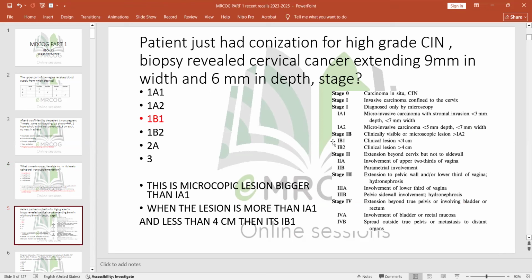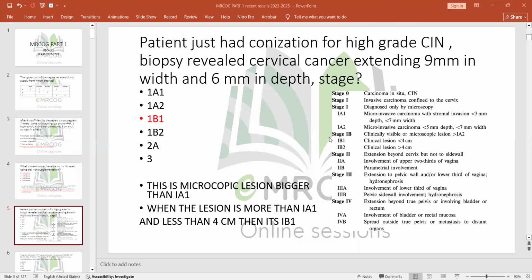This is a staging question, and it's not the first time that you have staging questions. I remember in my exam, which is very old, I had a staging question, which was 2B, no, 2A. I remember it very well because I answered incorrectly. They were asking about the involvement of the upper vagina. So this is 2A, and it's also very famous in the exam. Here, honestly, they were more mean.